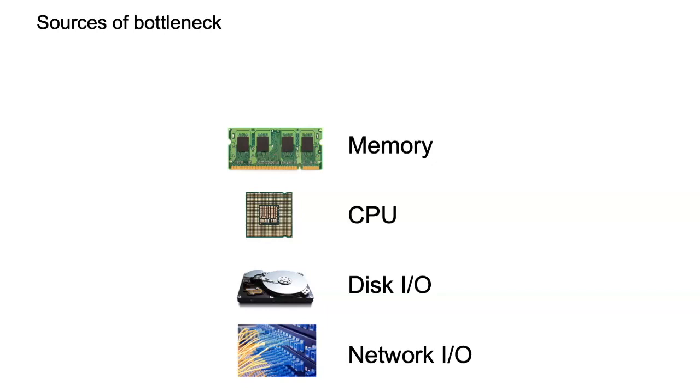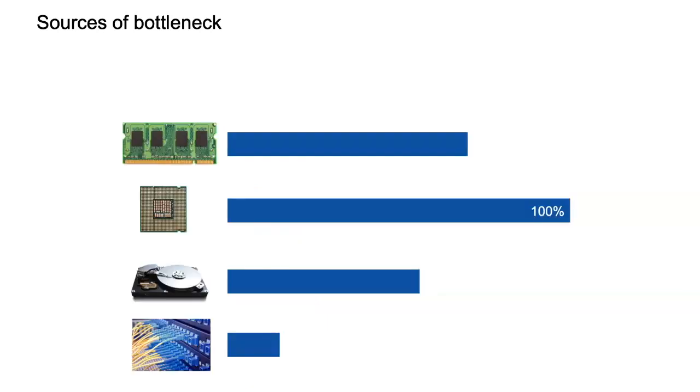So the first step, if your system is slow, is to figure out which one of these four it is. It cannot be several. It has to be exactly one. It's not going to be two or three. For example, the source might be the memory, and you can see it because the CPU is not used 100%, the bandwidth of the disk is less, and so on. But you can see in the system activity that the memory is completely full.